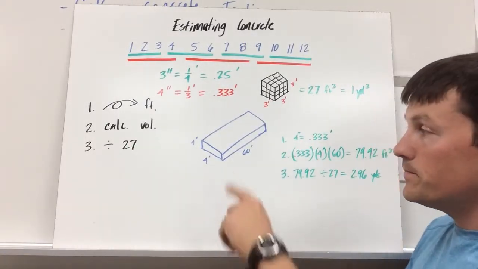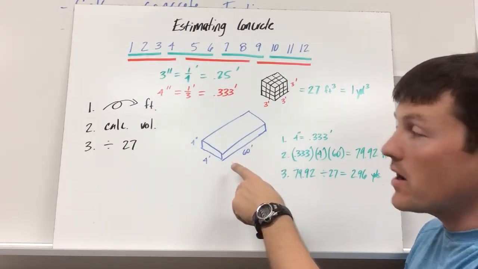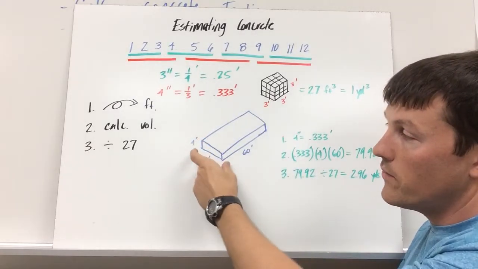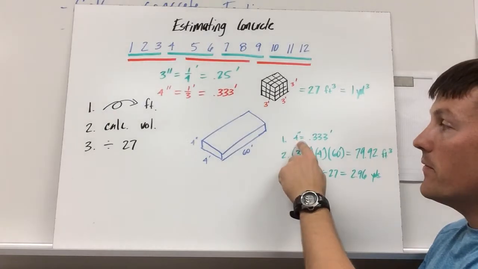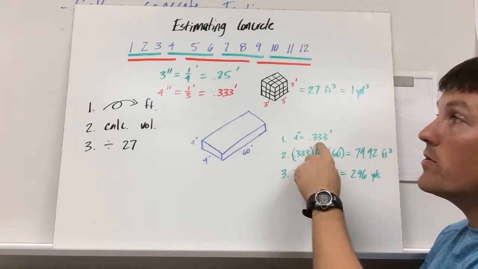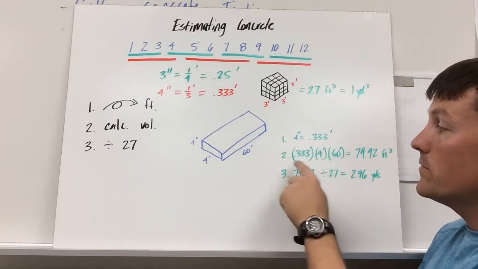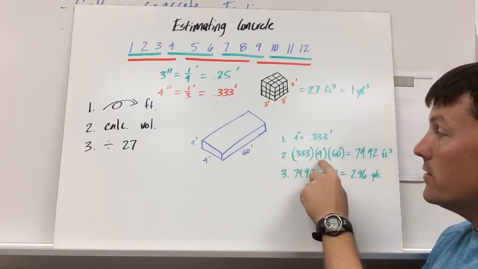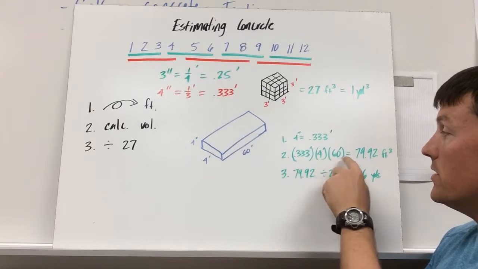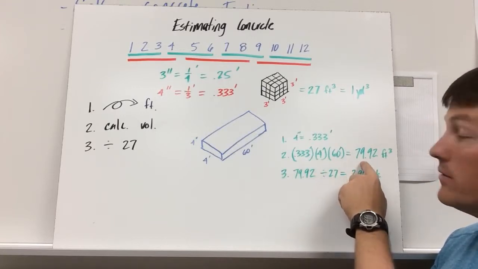So for example, let's say a sidewalk in front of your house, 4 inches thick, 4 feet wide, 60 feet long. So the very first step, 4 inches is equal to 0.33 feet. So the second step, we need to calculate the volume. 0.33 times 4 times 60 is